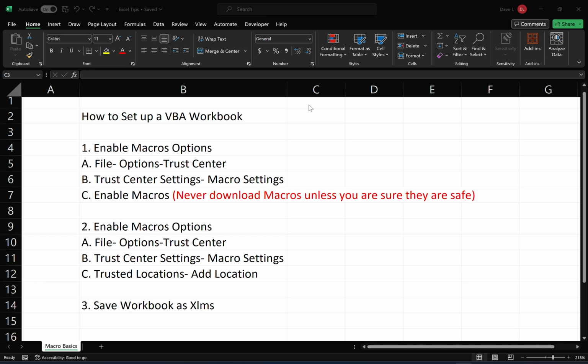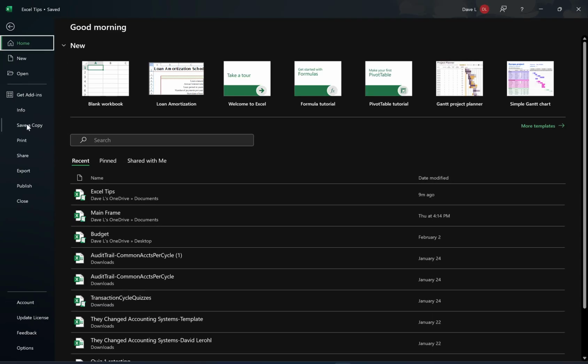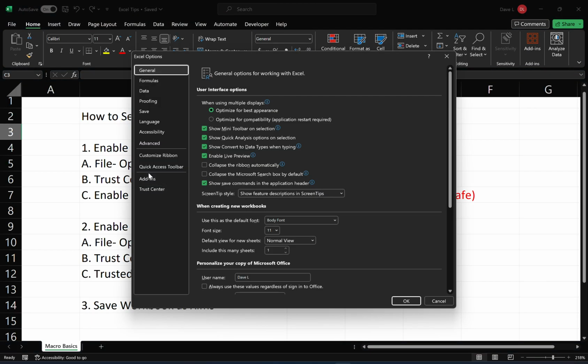Today we're going to look at how to set up a VBA workbook in Excel and have it be able to run macros. And these are the few steps we'll go through today. First step is to go to File. Then we go down to Options at the bottom. Then we'll go to our Trust Center